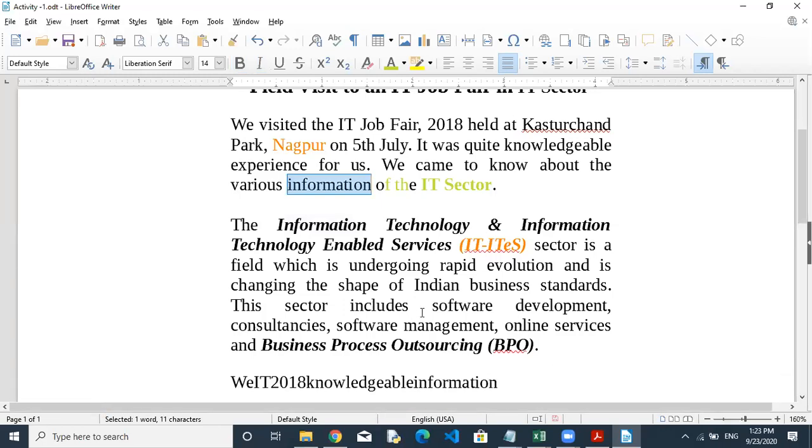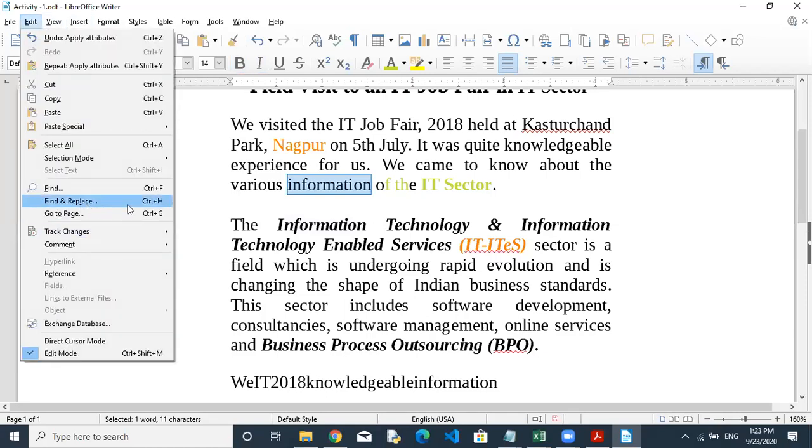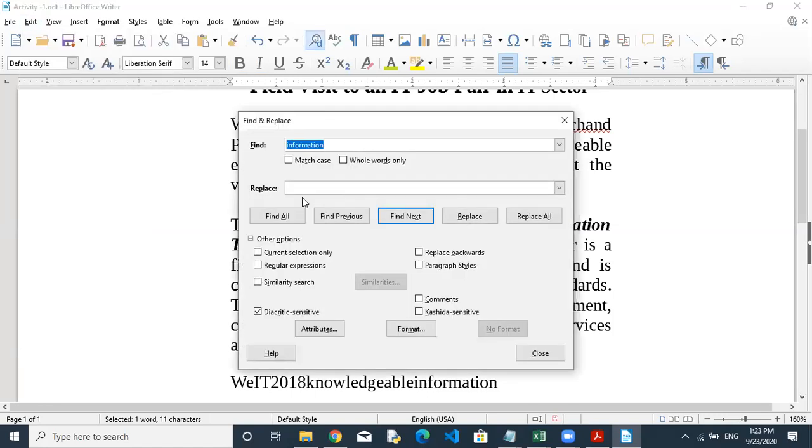Now I want to close this. I close this. Again, the next option is replace. I want to do find and replace. So what is the shortcut for this? This is Control plus H. You have to press Control plus H, the find and replace option. And now look at this dialog box. This dialog box asks you what you want to find. I want to find "information." With what do you want to replace it? I'm writing "Gyan" here. Information I want to replace with Gyan.